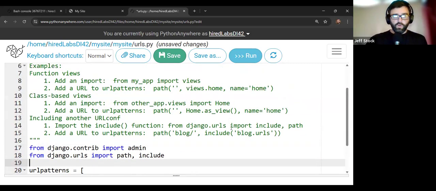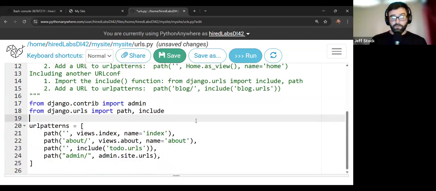Now this, again, is one of the ways that we... I think it has it up in here. No, this has class-based views. Okay, so this is not one of the examples that's listed up here of how to do namespacing. So this is one of the reasons that we're doing it up here,